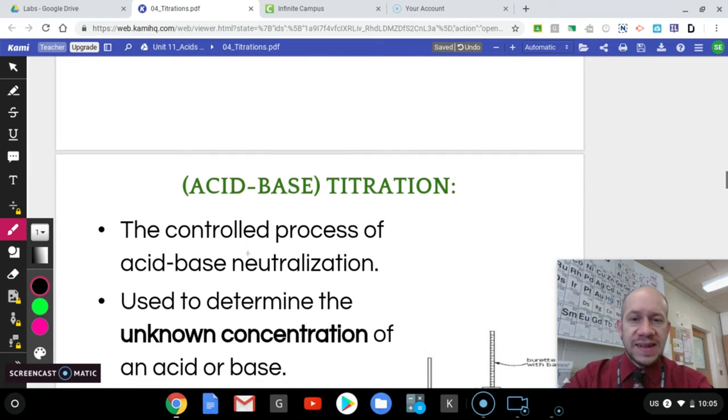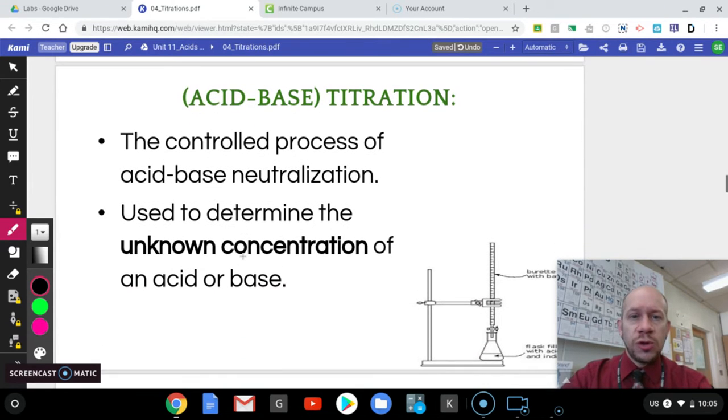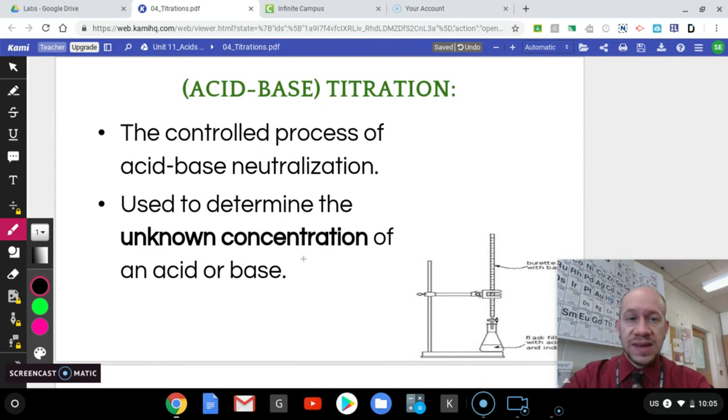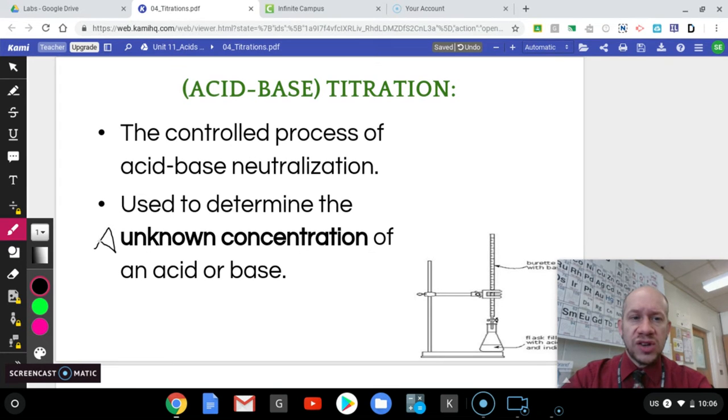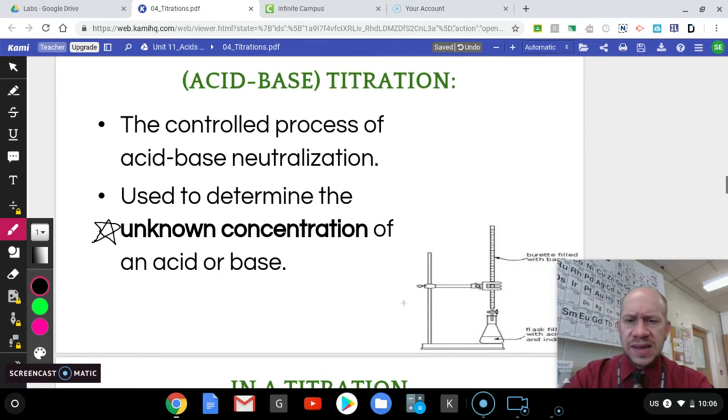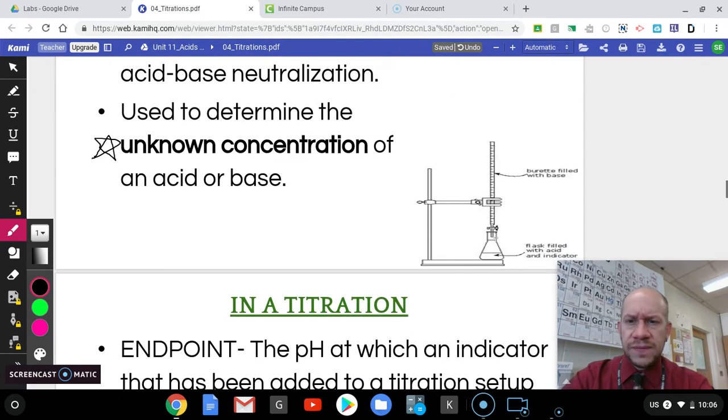Okay, the acid-base titration. This is the controlled process of acid-base neutralization. We do this to determine the unknown concentration of an acid or a base. And it looks like this. We have a flask at the bottom filled with acid and an indicator. And in the top, we have our base with a burette. And what we do is we gradually drop the base into the acid until we reach neutralization,